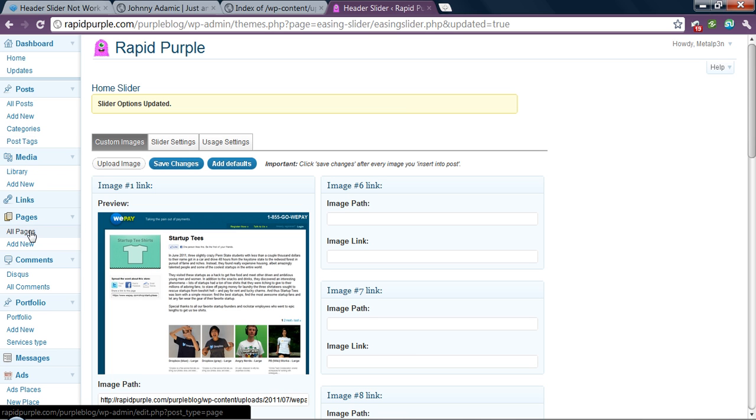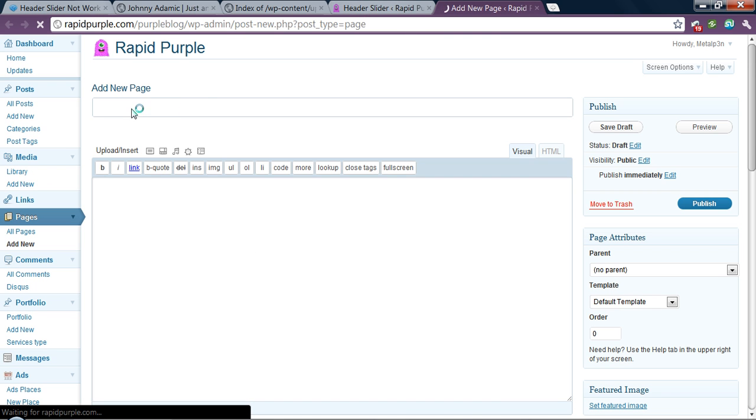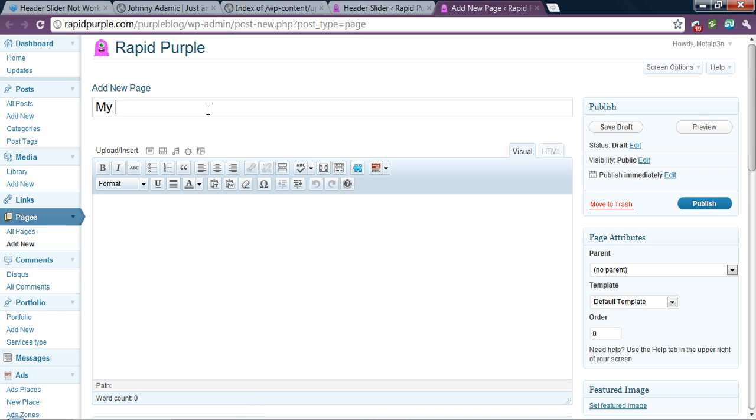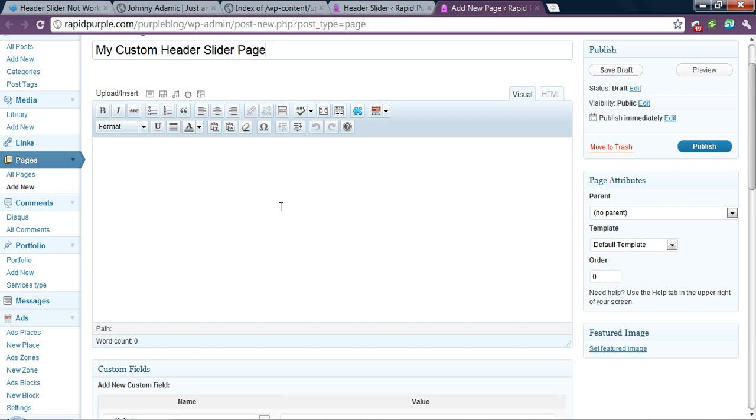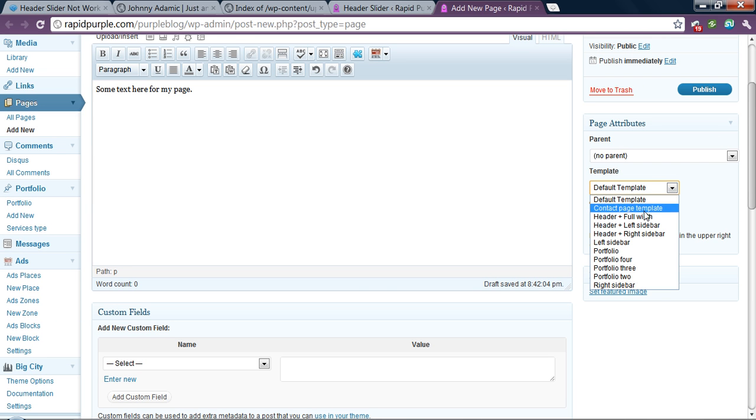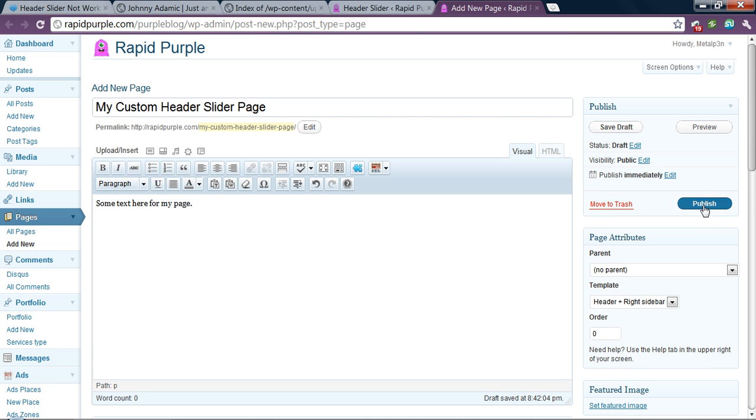So then you'll go to your page. Let's assume I'm going to make a new page just to show you how this would all work from scratch. Just an example. And you would want to make sure that under page attributes for the template, you select, let's say for example, header plus, right sidebar or something like that. Making sure that you choose something with the header option is the only way that you'll actually have that rotating header displayed. So if I were to publish,